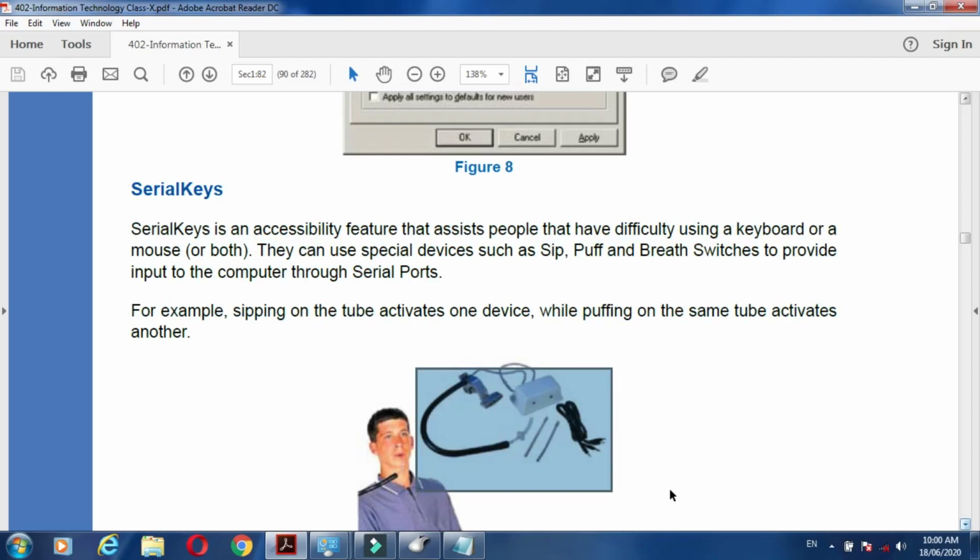We can use this device to activate special devices, or to assist the keyboard or mouse, meaning without a keyboard or mouse we can operate or activate any program by using sip and puff and breath switches.